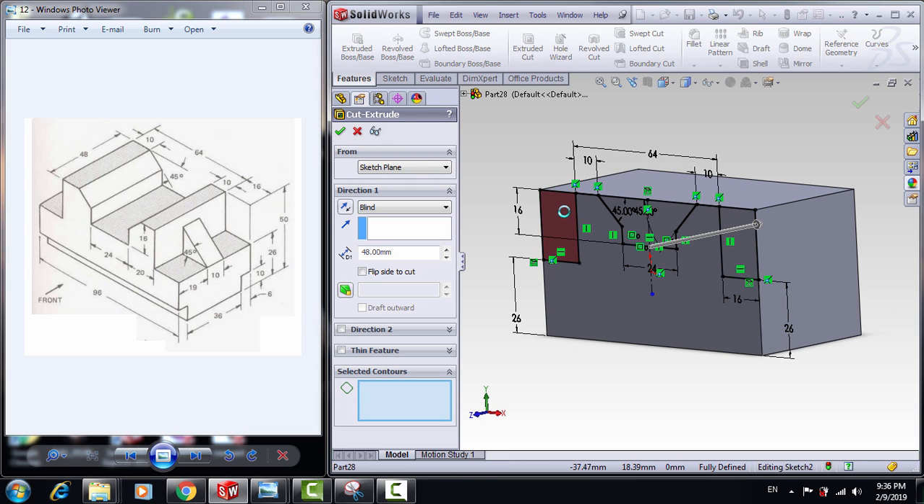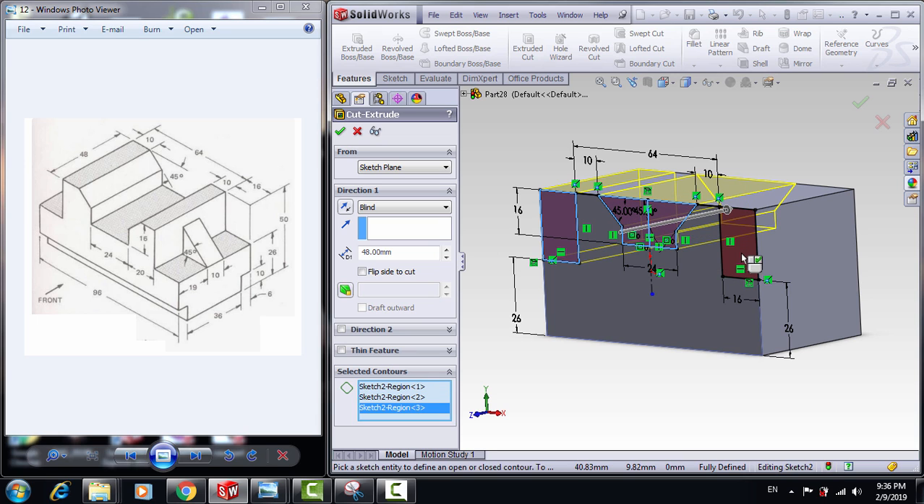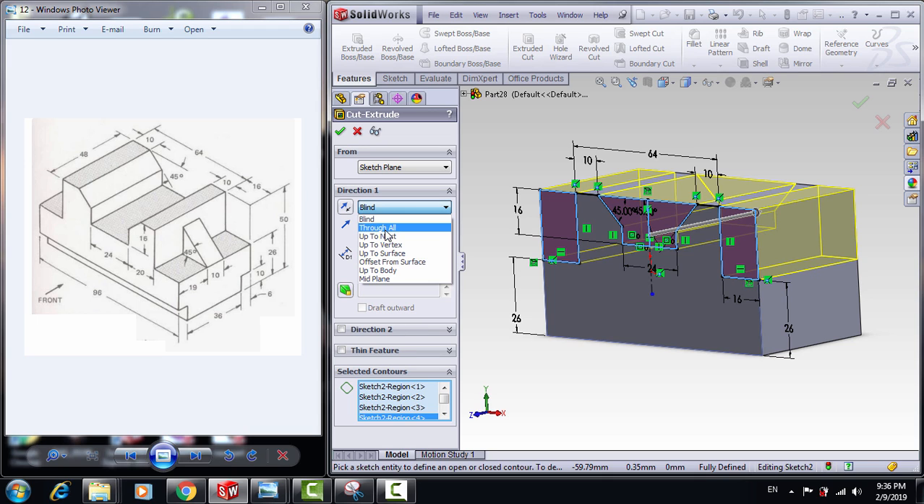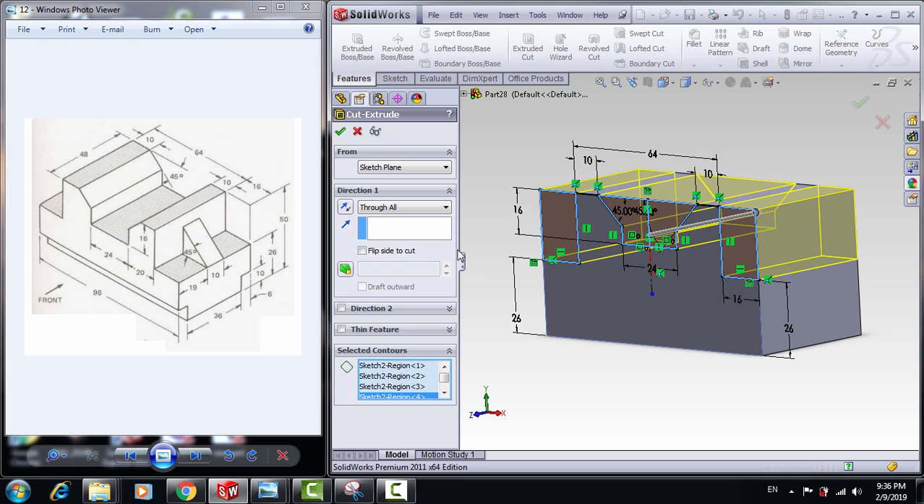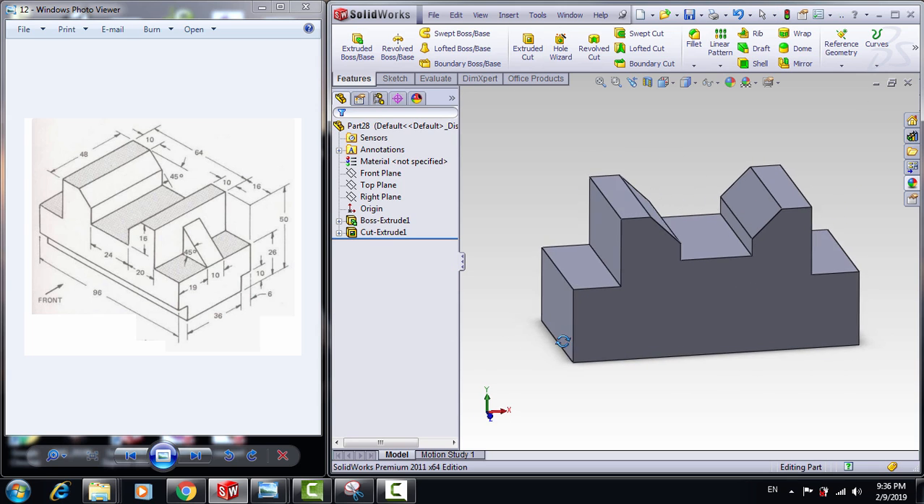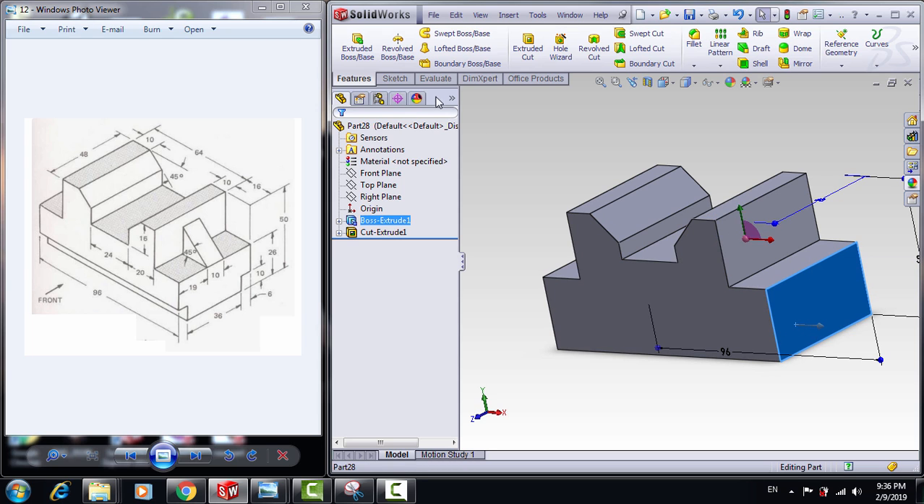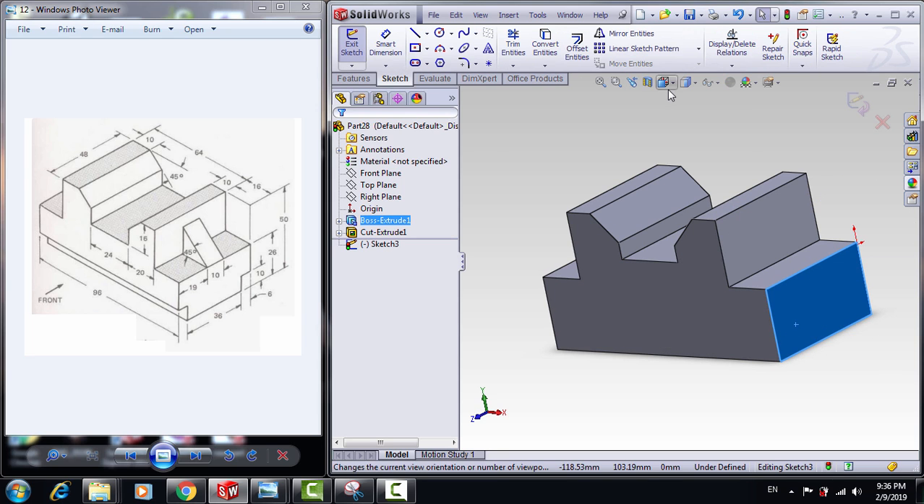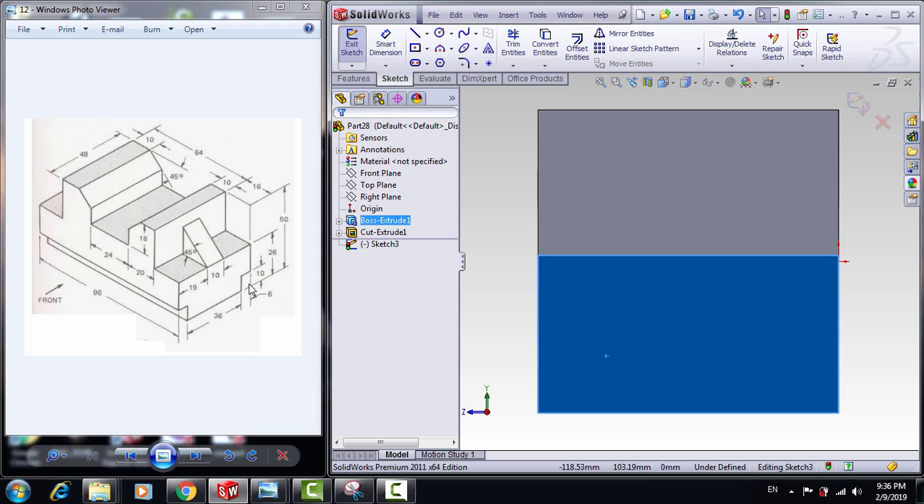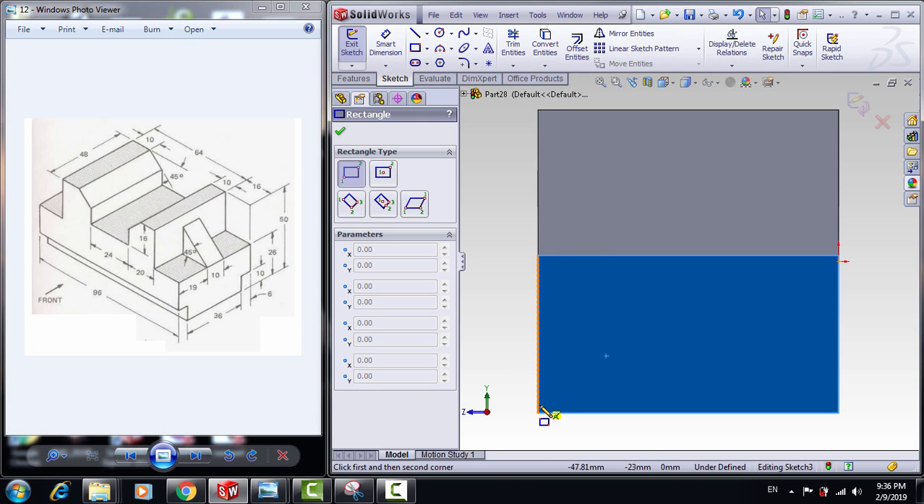extrude this and this and this and this through all, then click OK. Now we got this shape. Now choose this face and create sketch, Normal To, and let's do these holes. So click on Corner Rectangle